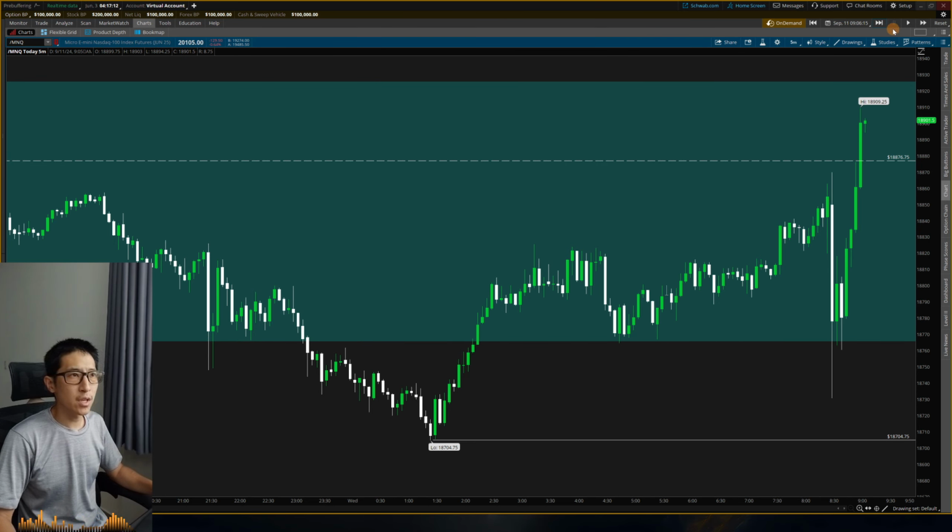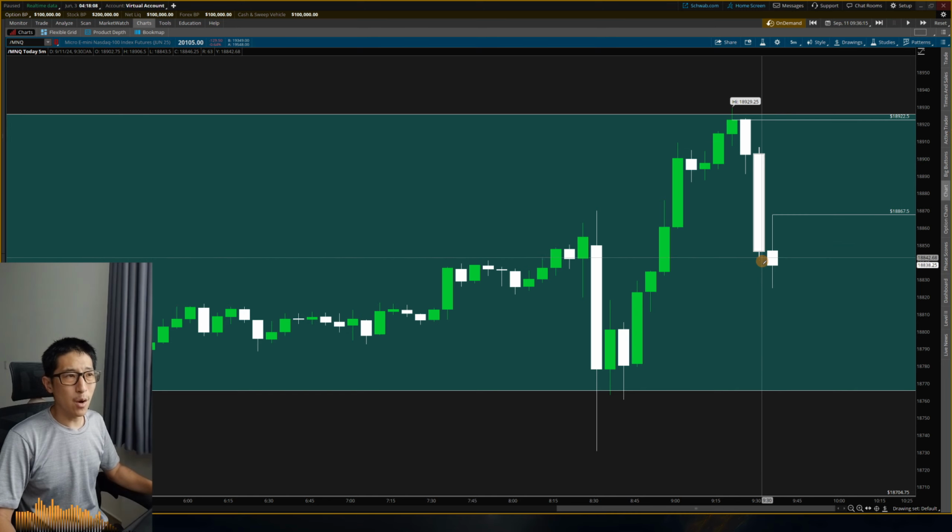The risk here is about 60 points. So a little wide, plus I'm not sure, you know, we're in a breaker, so it could be going up. Just going to give it a little bit more time. I want to see a confirmation fair value gap. I want to see this one used and then displaced lower.